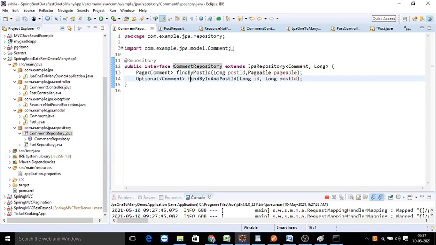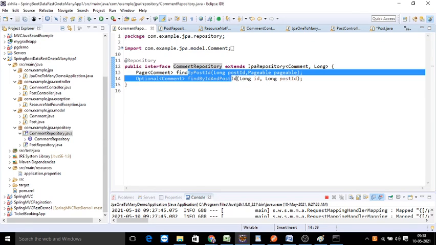Similarly, findByIdAndPostId means when I give post ID and comment ID, then I should get my matched record. It's also a custom method, but it doesn't require any query to be passed. So those are the custom methods.